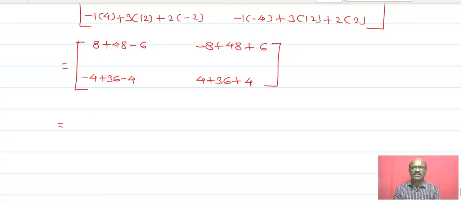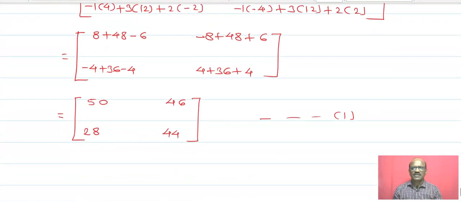Now normal simplification is there: 50, 46, 28, 44. Therefore, their multiplication will be